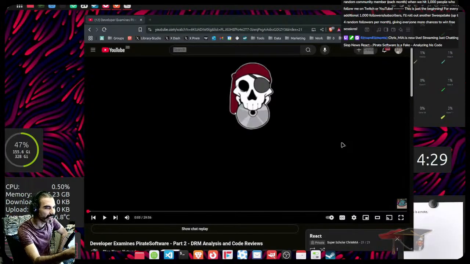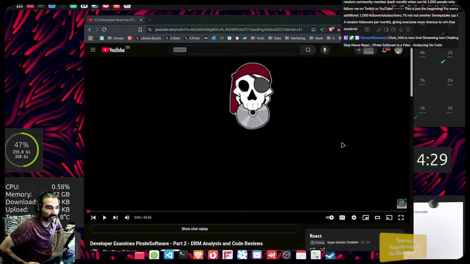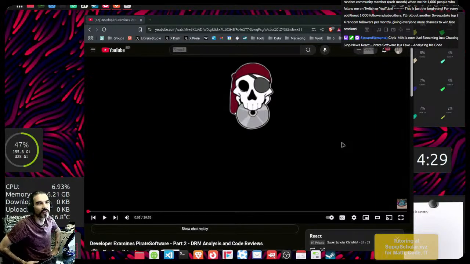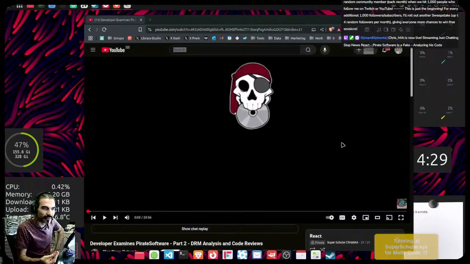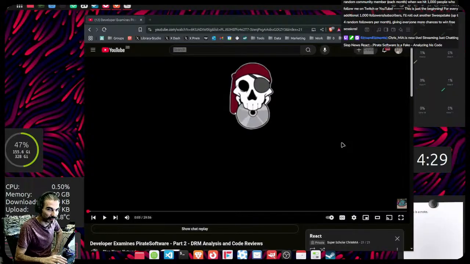But then the way he perceives the code and the way he basically creates a perfect DRM software that can't be broken can be easily broken with just flipping one of his stupid zeros to a one or one to a zero. Like his mentality is so primitive that I don't even think he understands how bad his code is. I legitimately think he thinks his code is completely infallible.